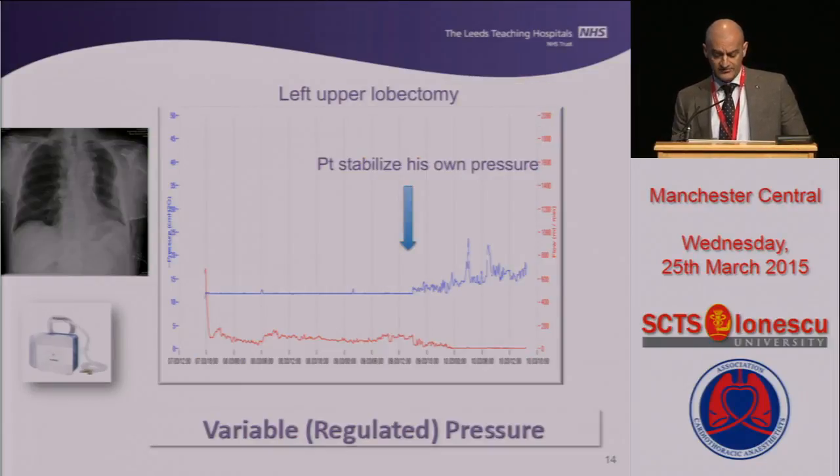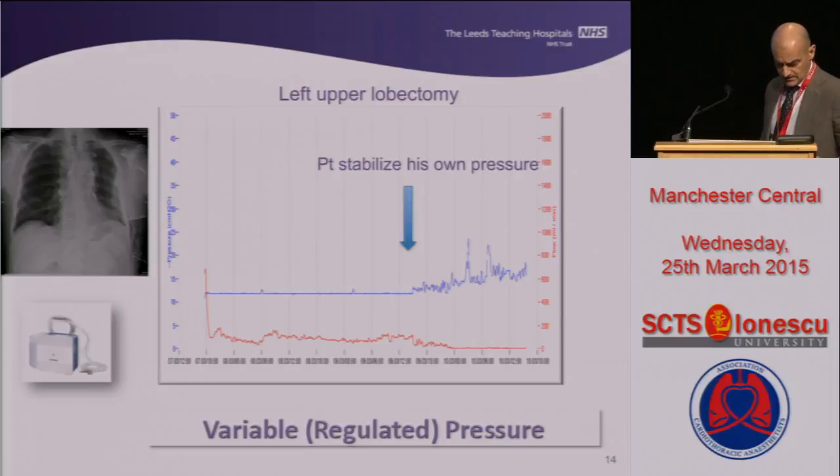And this is another graph after a left upper lobectomy by applying this device. The red curve, with this pointer, represents the air leak. So this patient had an initial air leak which stopped around here, and while the patient had an air leak, the pressure here was set at minus 12 centimeters